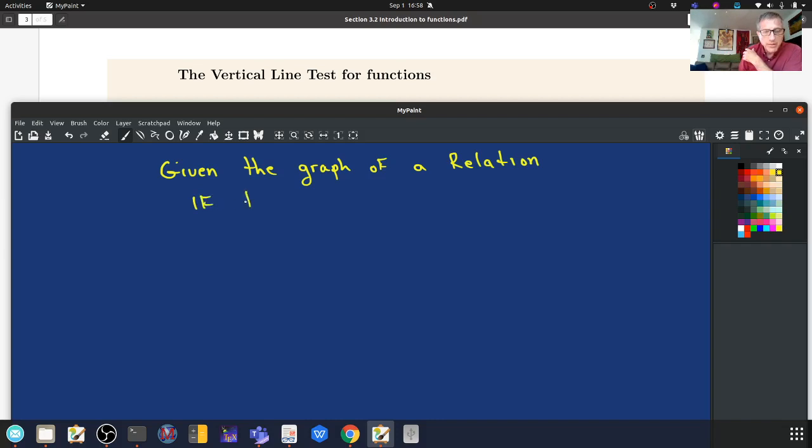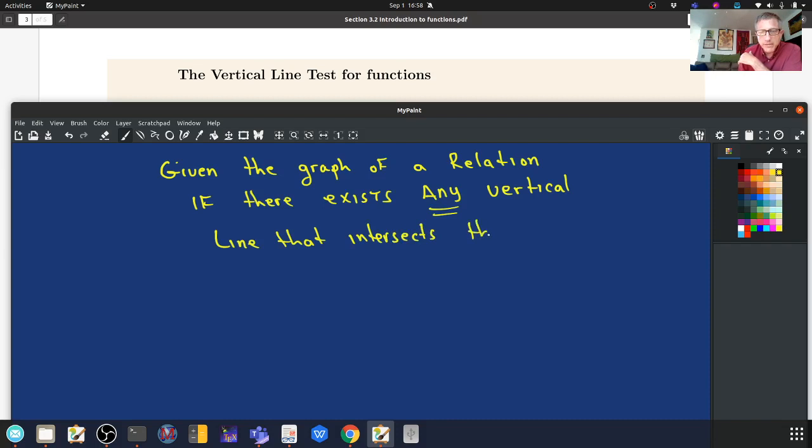If there exists any, that means just one will work, vertical line that intersects the graph of the relation at more than one point,